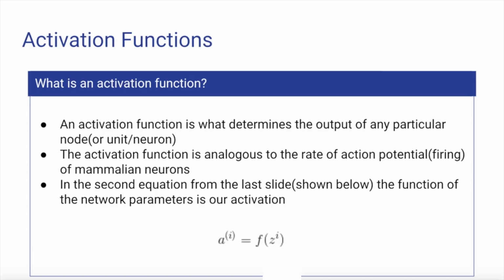And the activation function is analogous to the action potential or rate of firing of mammalian neurons. So connectionist models in general are based strongly off of biological brains, and in particular mammalian brains. And this is a perfect analogy for the activation function being analogous to that rate of fire. So that's a very good higher level analogy to really click